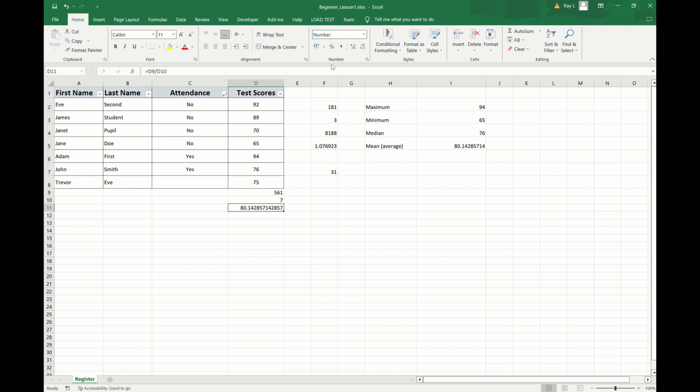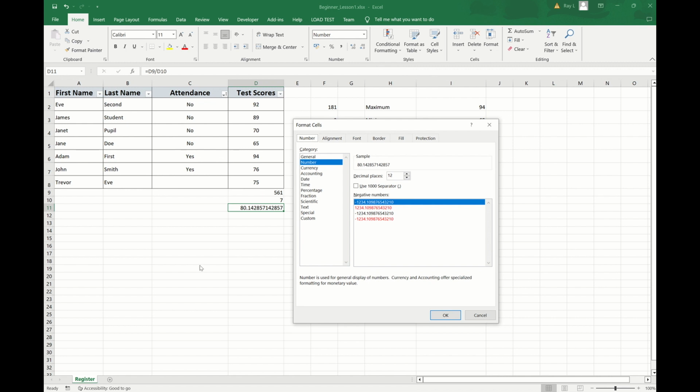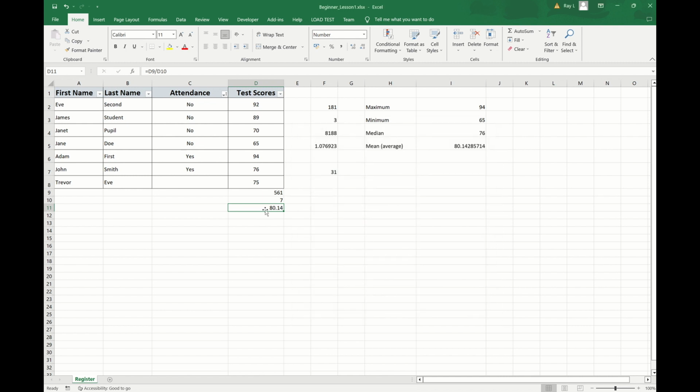But another way to do it would be to actually click on this small icon at the bottom next to where it says number, we can go and actually tell it specifically how we want to format it. So we want it to be a number. Let's say we want 2 decimal places, so we'll change this number here to 2. You can also put in like a 1000 separator. So typically in the UK we use a comma to separate thousands. But then we can click OK and we can see now that this formats it down to 2 decimal places,